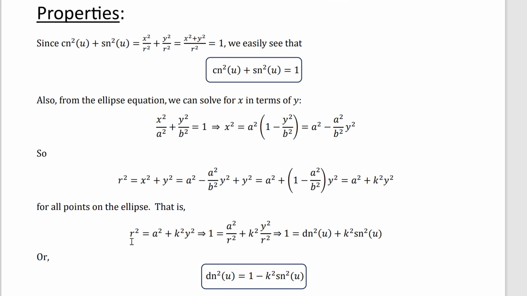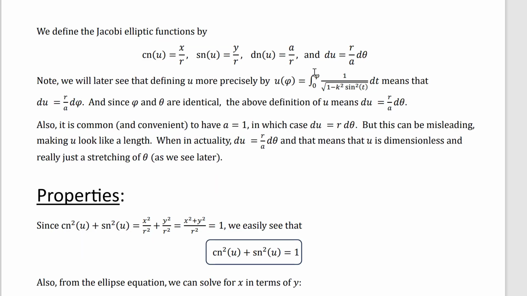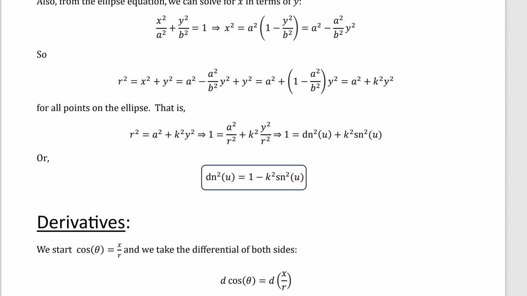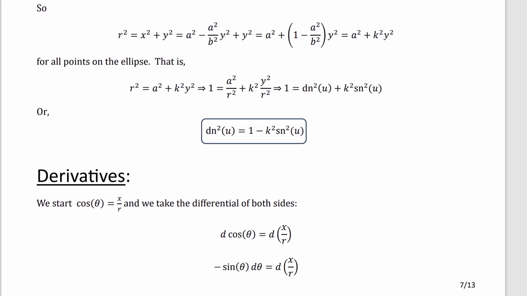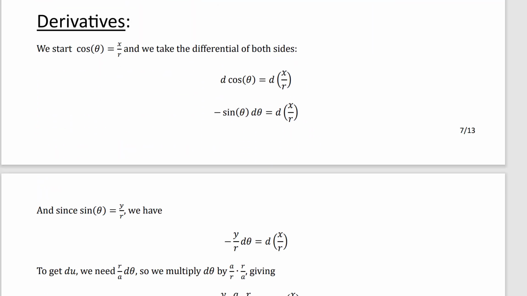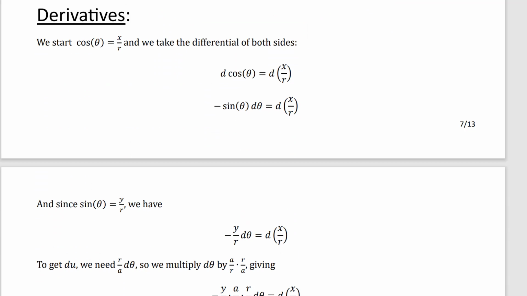And now if I just divide through by r squared, then I'll get 1 on the left. I'll get a squared over r squared plus k squared y squared over r squared. But dn u is a over r, and sn u is y over r. As a reminder, there they are. So we get the same two major properties that we had before. And now for derivatives, I can actually do it through the graphing way. Maybe I'll show that, but if we want to do it a different way through the ellipse, then we'll start